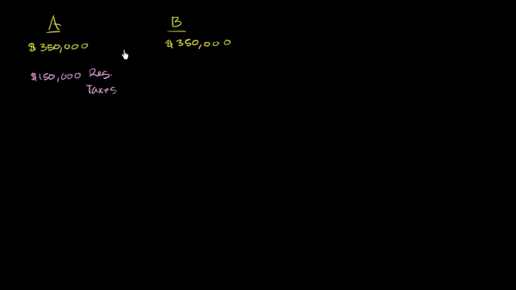Let's say person B, on the other hand, even though they have the exact same job, they donate a bunch to charity, they have all of these deductions, all of these things that they can write off from their income. And so person B's taxable income goes down to $200,000. And on that taxable income of $200,000, person B has to pay $70,000 in regular taxes.